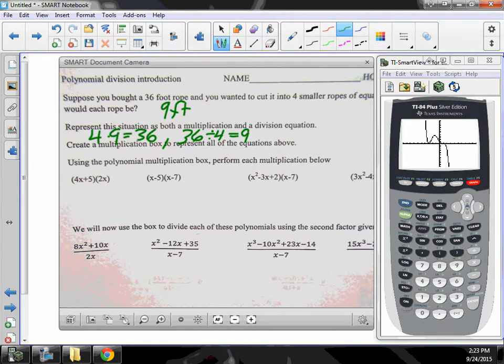And in the first one, the multiplication, we have 2 factors and a product, right? 4 and 9 are factors. 36 is a product. What do we call the parts of a division equation? So the first one is called the